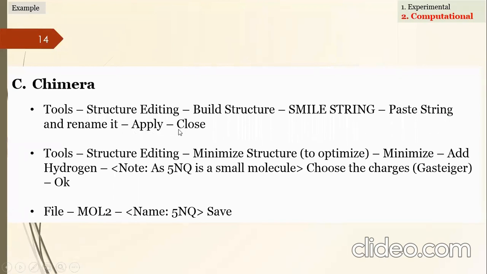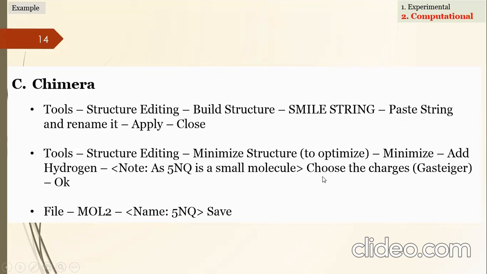name it, apply and close. So you have to rename it for your own convenience, like if you know the chemical, you rename it and save that. Then click Tools, Structure Editing, Minimize Structure to optimize, then minimize, add hydrogen, and